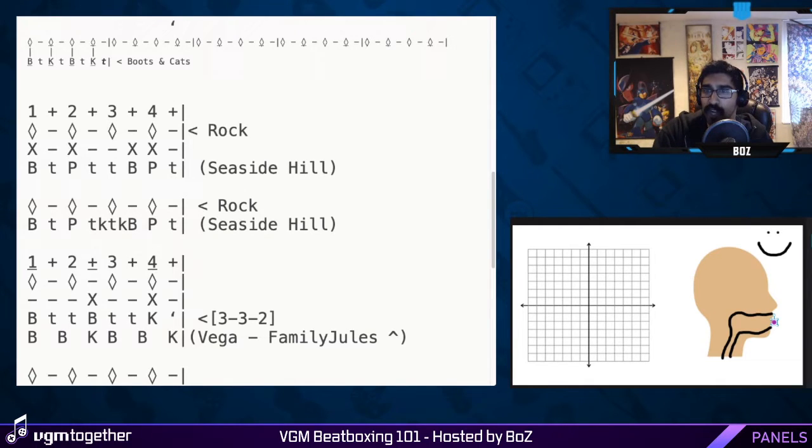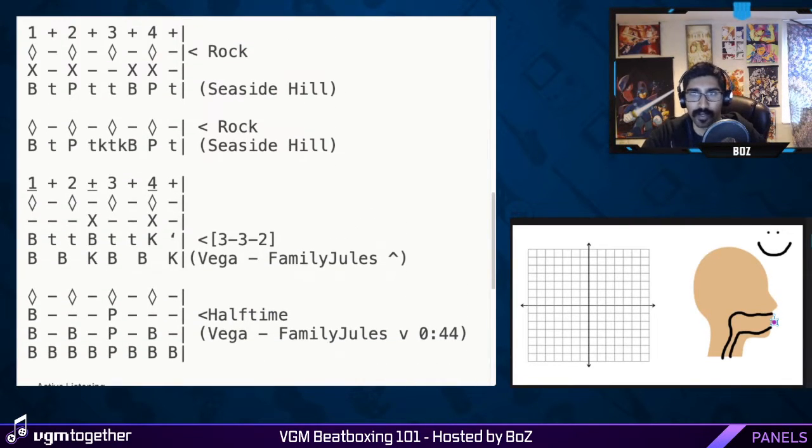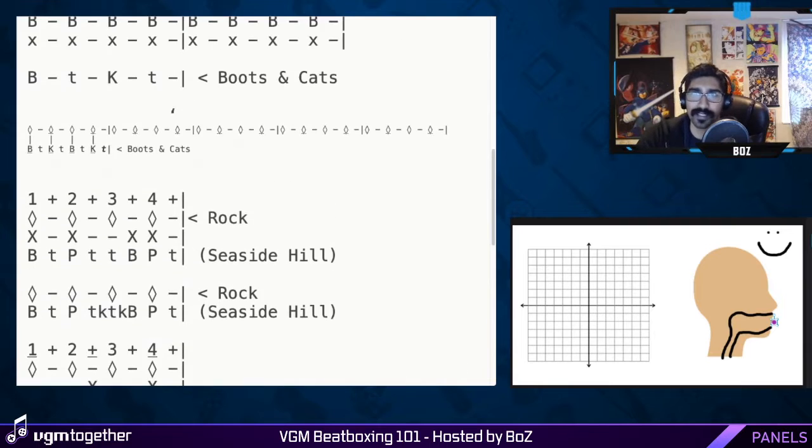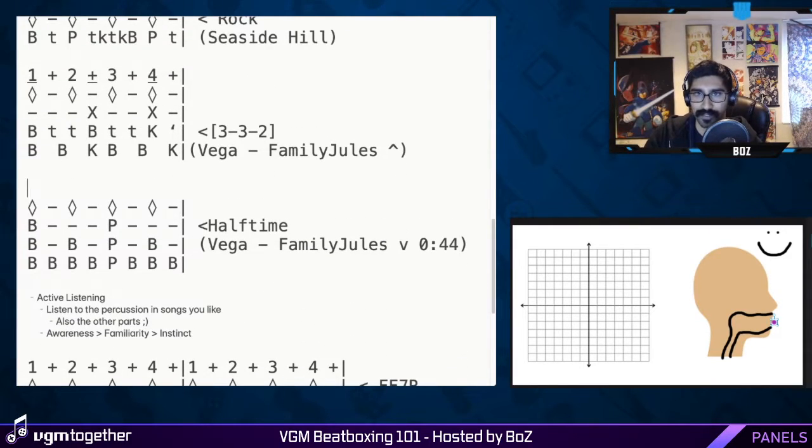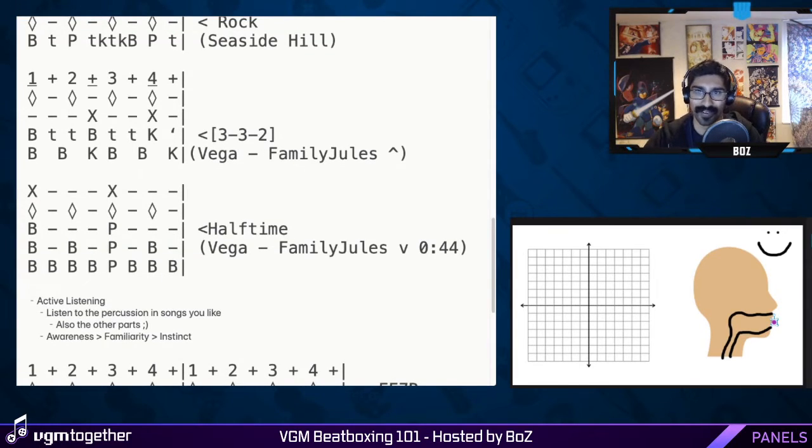We're going to draw out another example from Family Jewels. I have just about half an hour left. Halftime. So if this has emphasis on every downbeat, this one only has emphasis on the first and second downbeat. So bam, bam, bam, bam, bam, bam, bam, bam. So an example would be